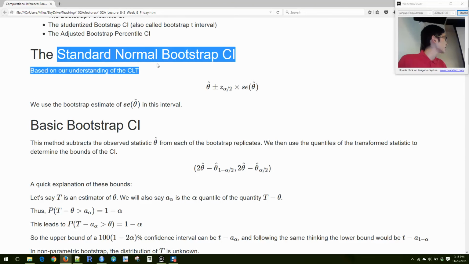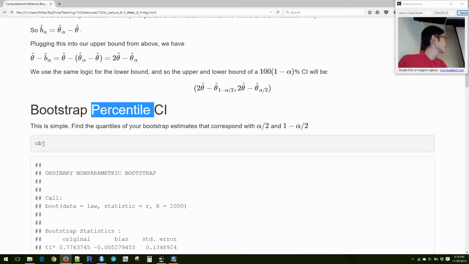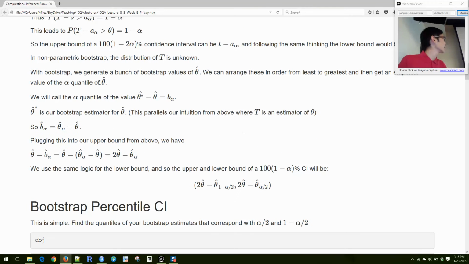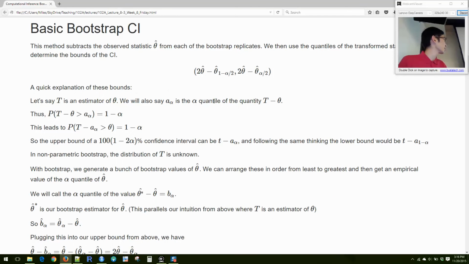The disadvantage of this confidence interval is that it depends on the normality assumption. The disadvantage of this one is that it depends entirely on your bootstrap estimates. This one also depends very much on your bootstrap estimates, but